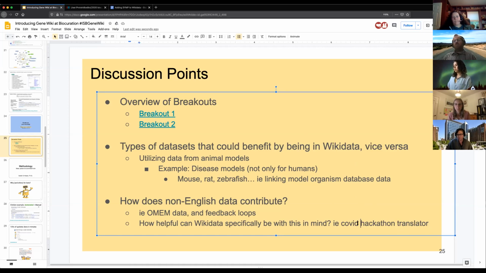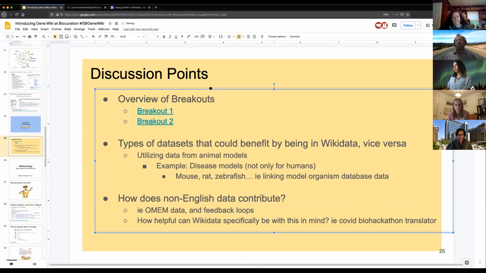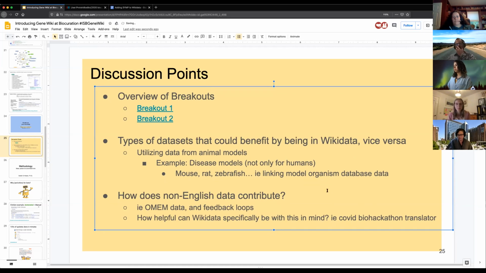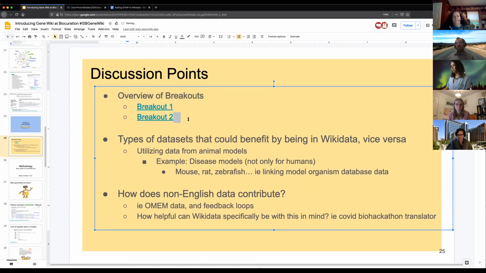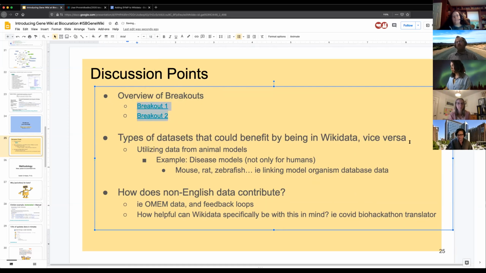There was a topic, and I think that was led by the Japanese team, who are depositing their data, and I think that was on imaging. They have images with indexes in Japanese, and by depositing it into Wikidata and aligning it with the different models, they were able to